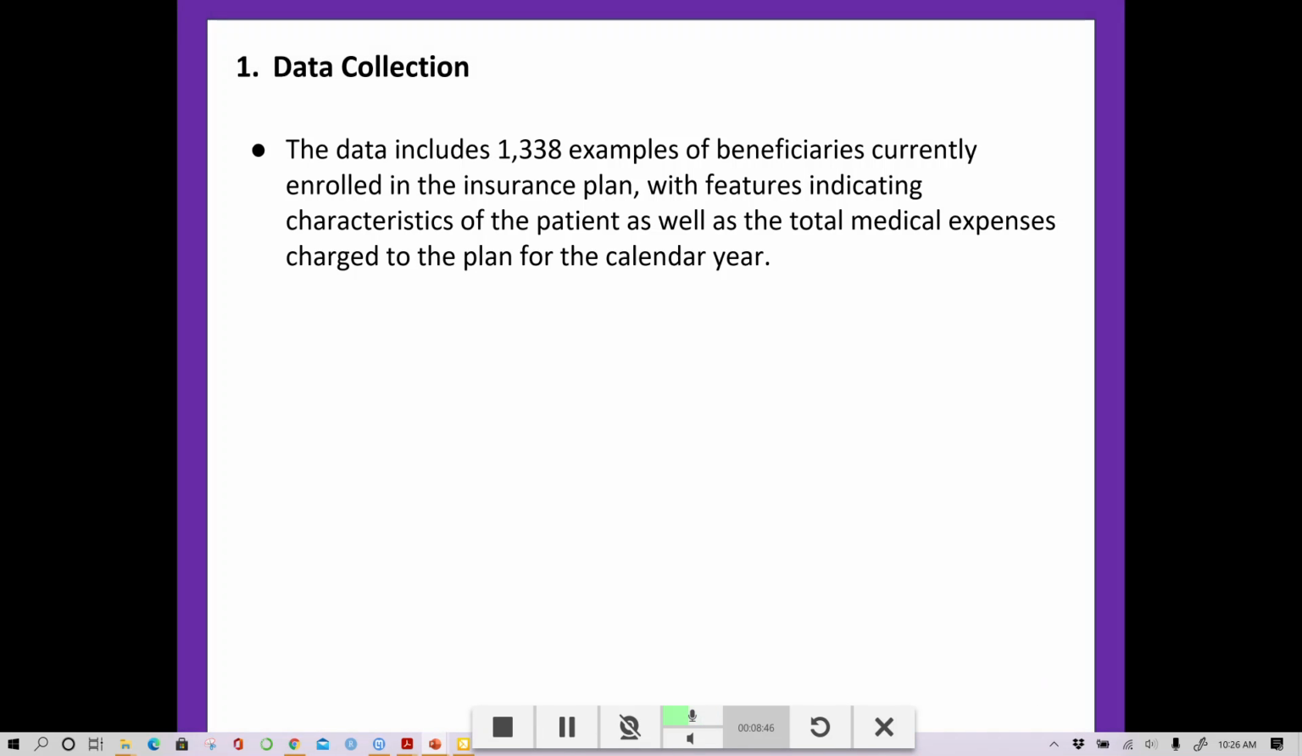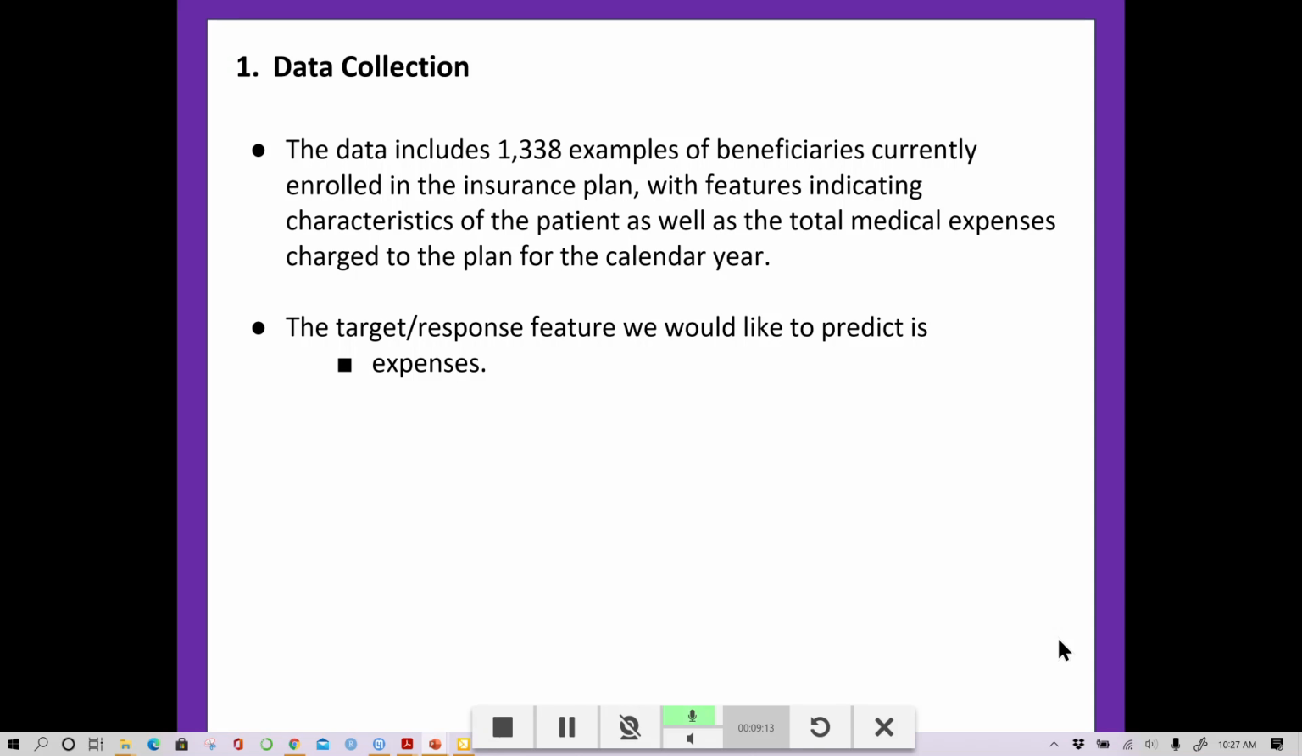So, the data includes 1,338 instances of patient data that are currently enrolled in the insurance plan. And the features or the variables on which measurements are collected has to do with the total medical expenses of the patient charged to the plan for the calendar year. In other words, the target or response variable that we would like to predict in this case is the medical expenses of each of the